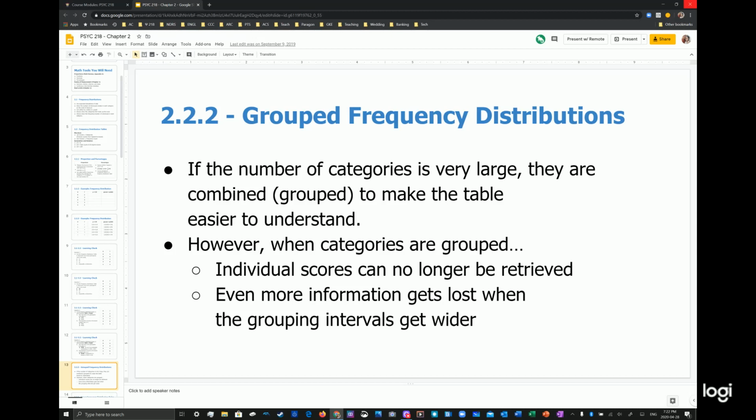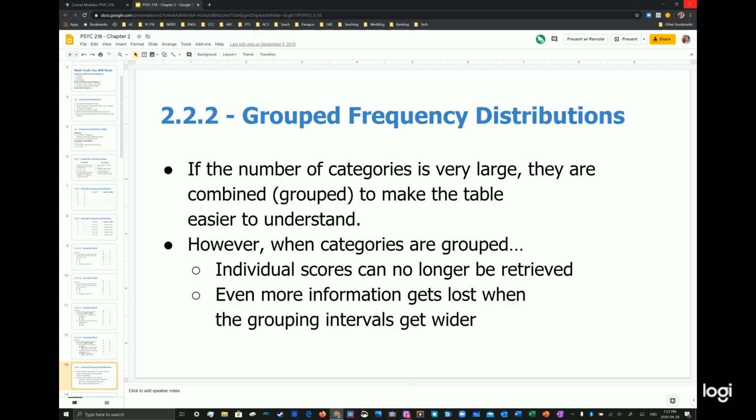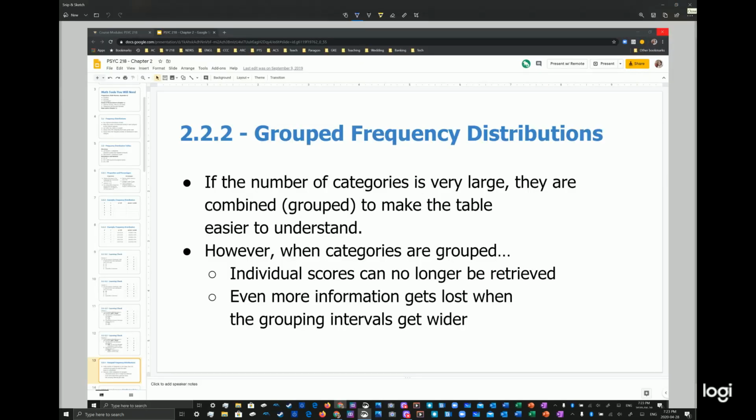Next, we're going to do group frequency distributions. And just like we introduced in the first slide about the difference between regular, quote-unquote, frequency distributions, where the categories are just 1, 2, 3, 4, 5, group frequency distributions is when the number of categories are very large, we would combine the categories, so then the table itself is easier to understand. So to give you a quick picture of this, instead of 1, 2, 3, 4, 5 in our X,